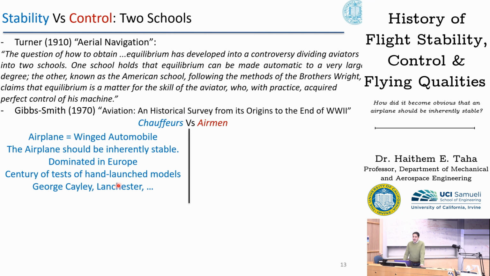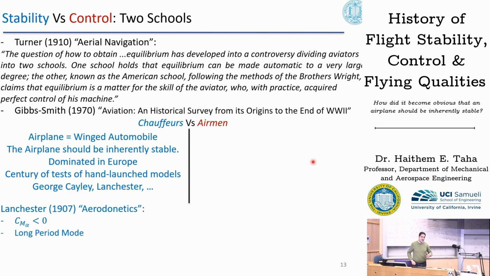Speaking of Lanchester, I'd like to digress a little bit. I'd like to touch upon his story, because he has an inspiring story, frankly speaking. Lanchester wrote 2 books in aviation in the early days, one on aerodynamics and one he called aerodonetics. In this one, he came up with the famous criterion, C M alpha being negative, so he is the one. And he also discovered the long period mode.